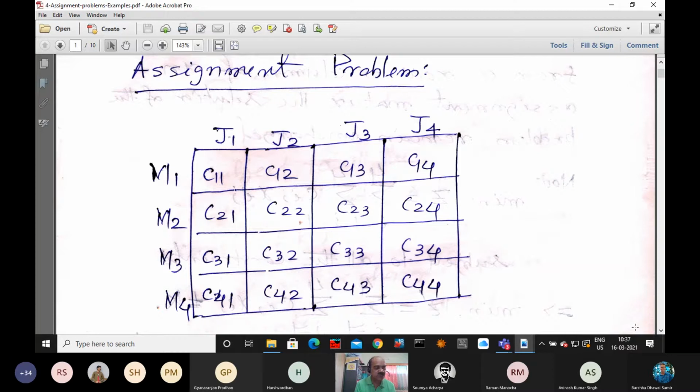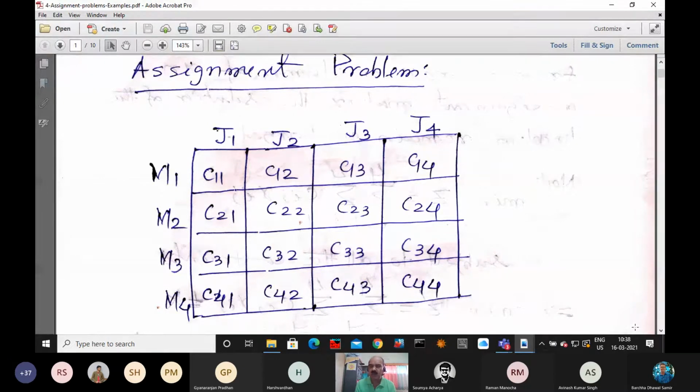So in the transportation problem, first we are looking for the feasible solution, then we are trying whether the feasible solution is optimal or not. But here this is different. Why is it different? These rim conditions, Ai and Bj, are all 1, 1, 1. Okay, so they are different.